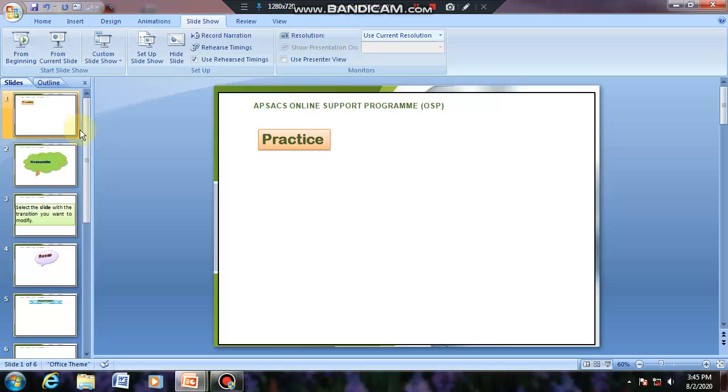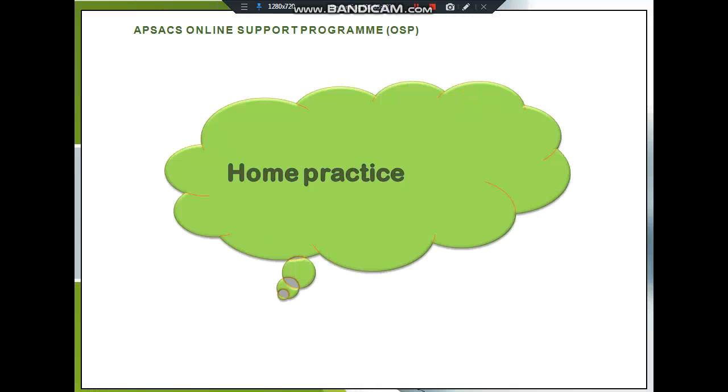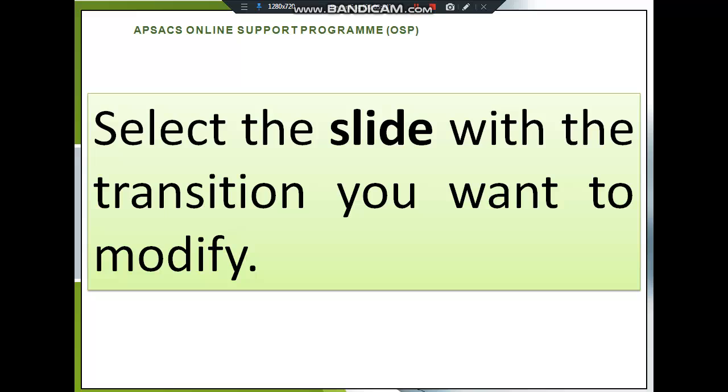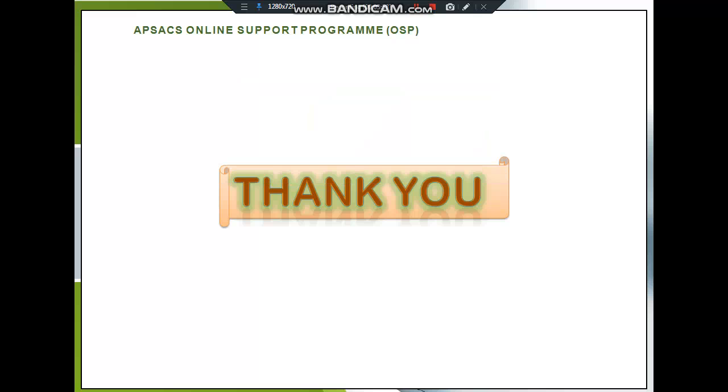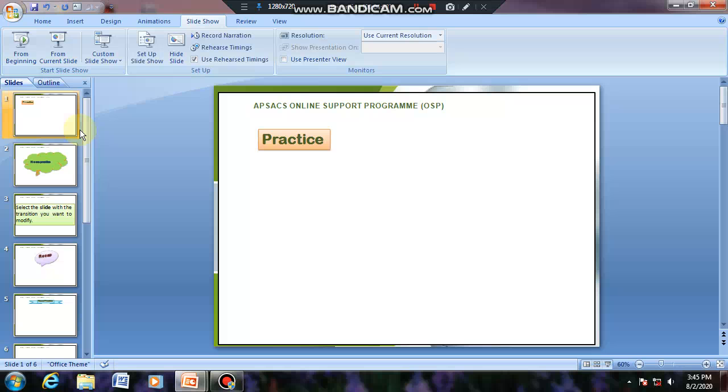I am pressing F5 from my keyboard. Look, second slide, third slide, fourth slide, first slide, sixth slide. So this way you can add transitions to your slides.